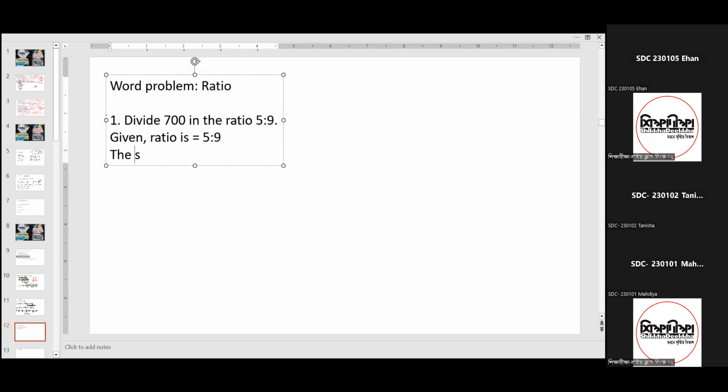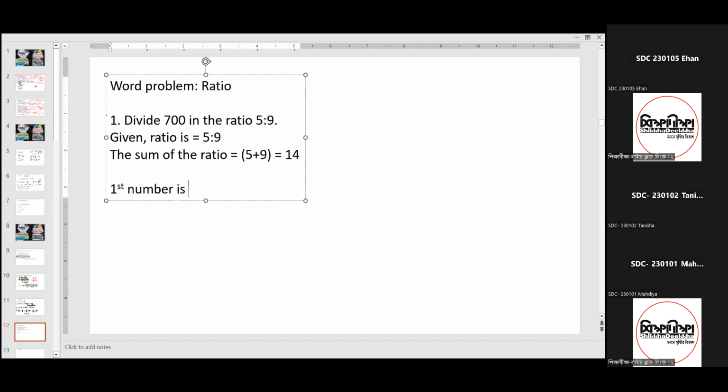Therefore, the sum of the ratio is equal to 5 plus 9 equals 14, right? So the first number is 5 out of 14 of 700. I can write it down actually